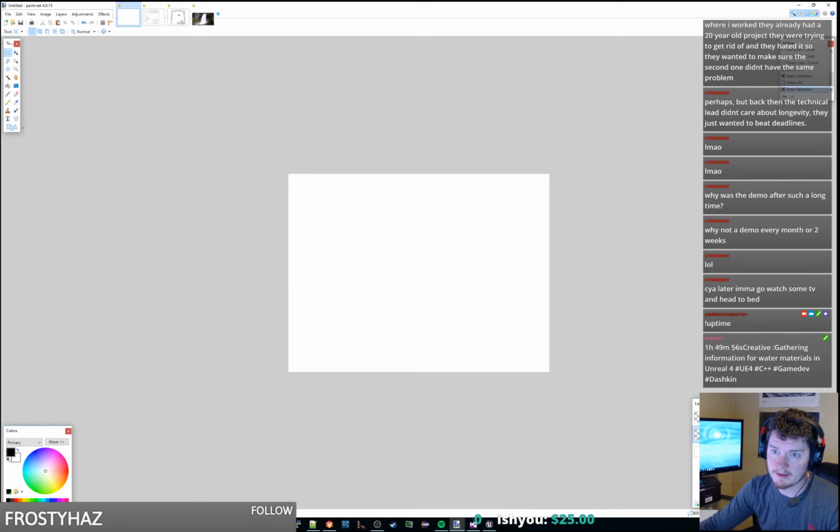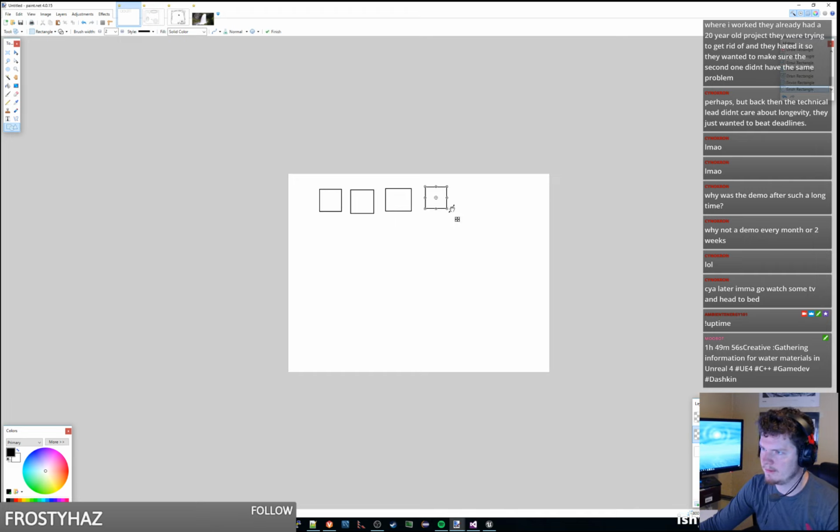Trying to think, if we had a whole bunch of grid squares, and we went from left to right, we could basically say, if this is shore and this is shore and this is shore, we could,